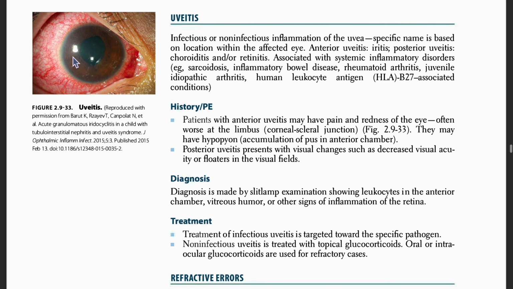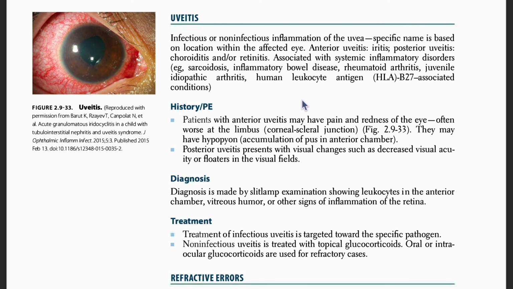Uveitis. Uveitis is infectious or non-infectious inflammation of the uvea. The specific name is based on the location within the affected eye: anterior uveitis, iritis, posterior uveitis, choroiditis, and/or retinitis. Affected with systemic inflammatory disorders like sarcoidosis, inflammatory bowel disease, rheumatoid arthritis, juvenile idiopathic arthritis, human leukocyte antigen HLA-B27 associated